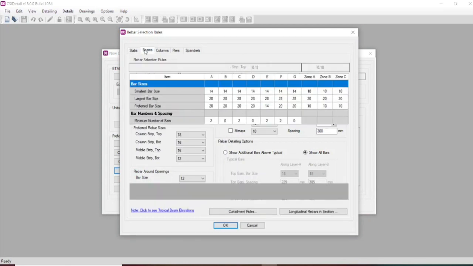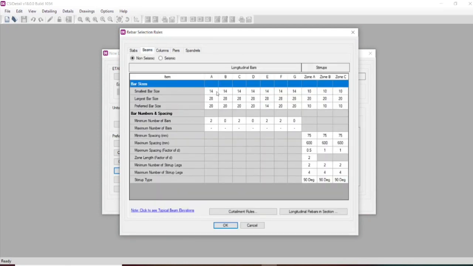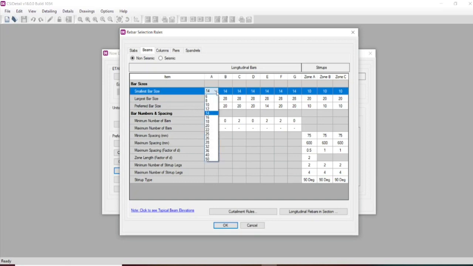For rebar rules, let us provide the smallest bar as 8 mm and the largest bar. I have already explained the zones A to G. These are the zones which exist in a beam.